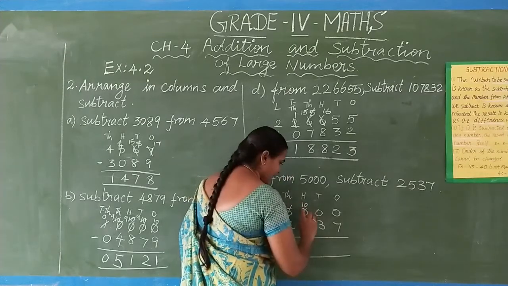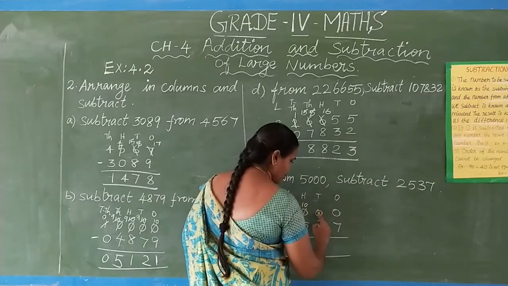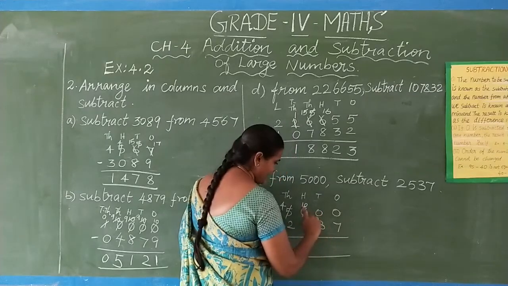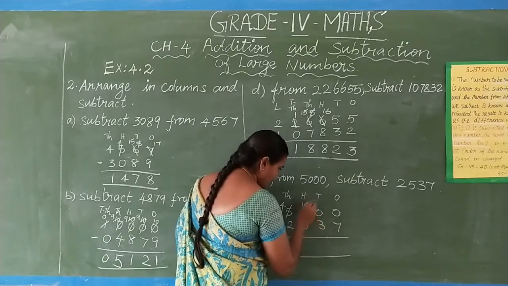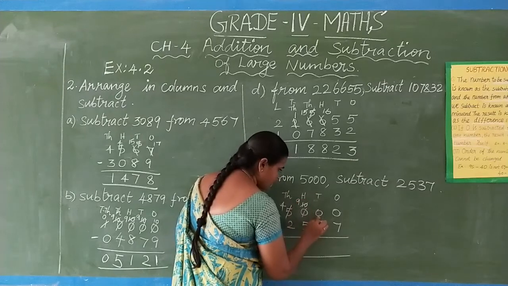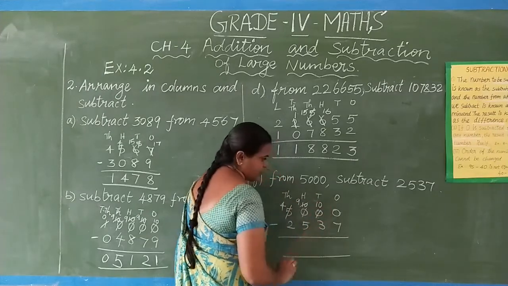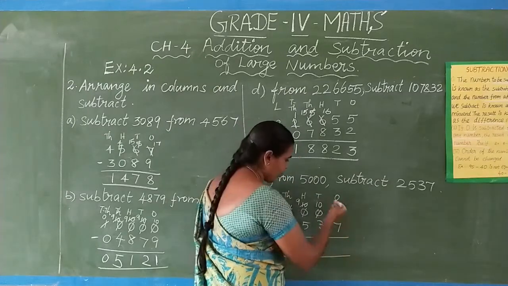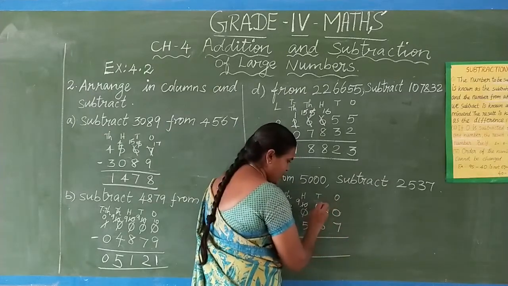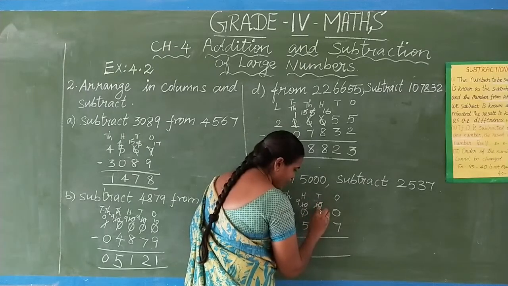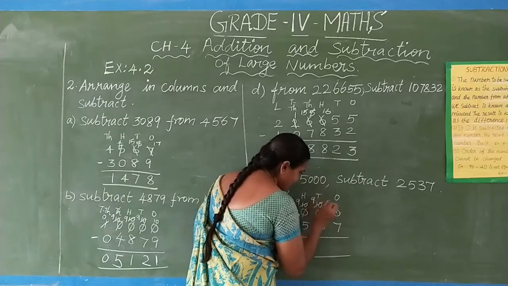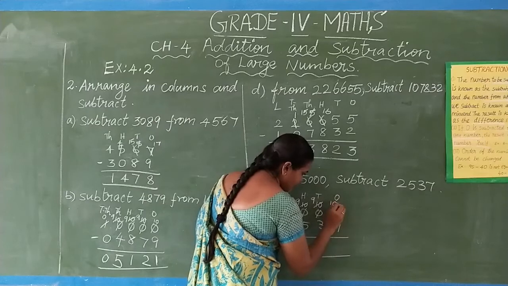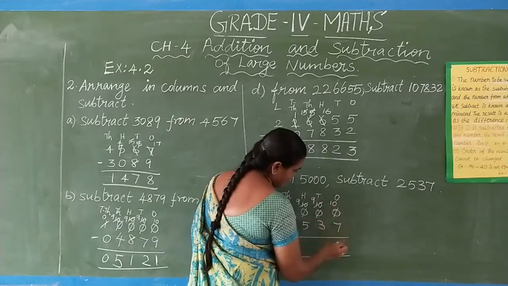Okay. This 10 you have to borrow. Here more numbers are 0. So you borrow from the hundreds place. So in the hundreds place we have 10. So we reduce 1, means 9. So this 0 changes into 10. Now we go to the ones place. 0 minus 7, we can't do the subtraction. So borrow. Here the number is 10. So borrow means here we reduce 1. 10 minus 1, 9. So this 0 changes into 10. So 10 minus 7,